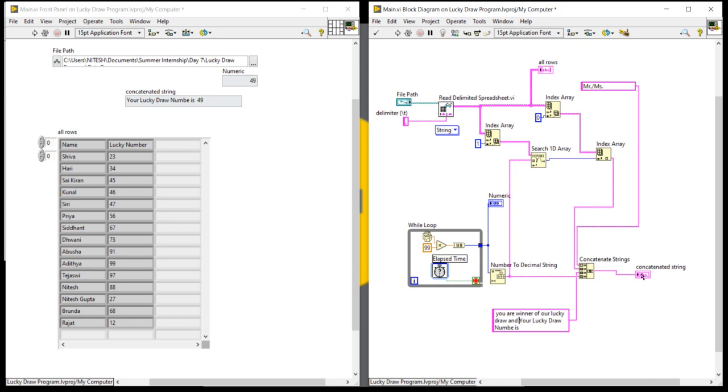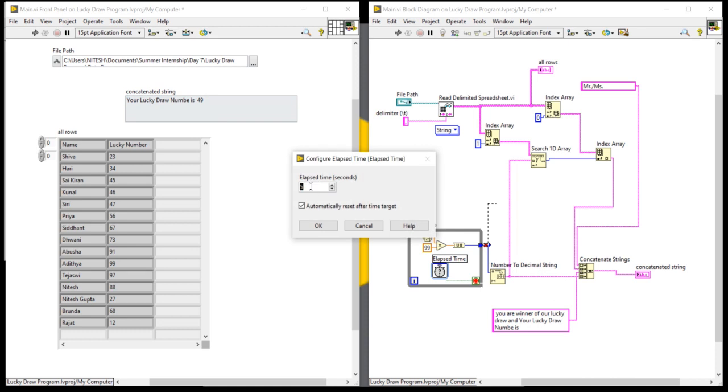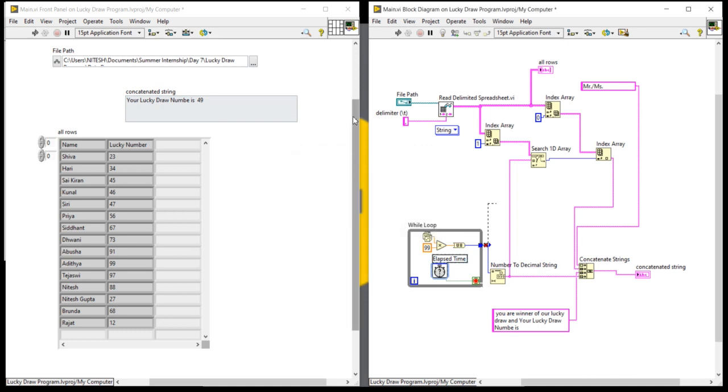Now here I am going to run the program and check whether my logic is working or not. I am setting the elapsed time to only 2 seconds because I don't have much time. Control B. Run.